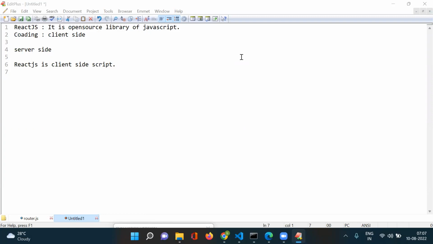So UI developers are working with client-side coding. Server-side programmers are working with server-side coding. That is the concept. Is it clear? Anyhow, we have two types of scriptings. One is client-side, another one is server-side. React.js is a client-side script, implemented by